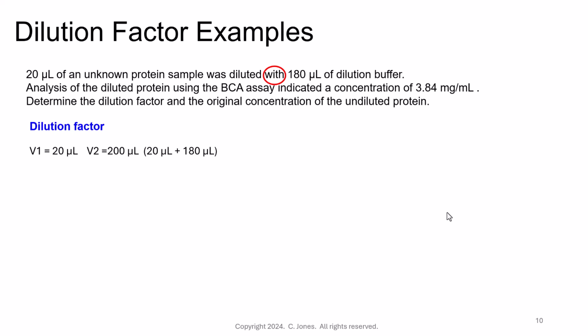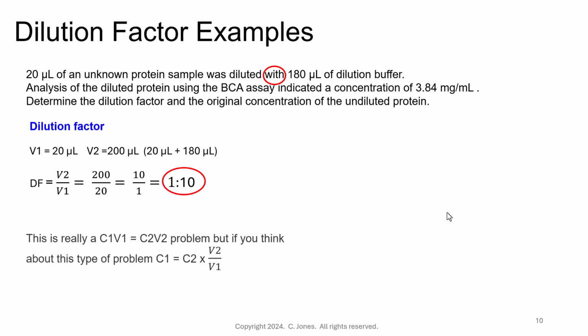Our dilution factor V2 is going to be 20 microliters plus 180 microliters because we diluted with 180 microliters. So the dilution factor is V2 over V1, 200 over 20, 10 over 1, or a 1 to 10 dilution factor. All right, to calculate the concentration of the protein, again, this is a C1 V1 equals C2 V2 problem,